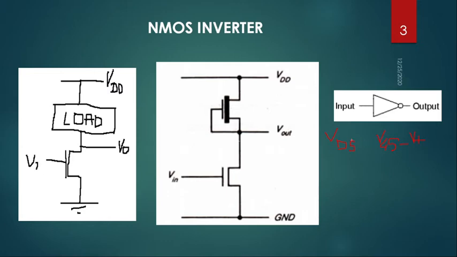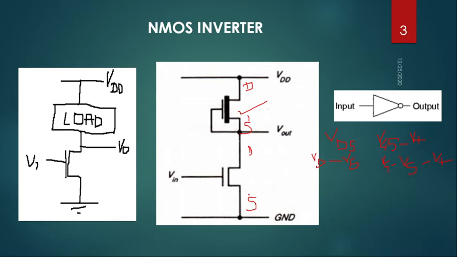So suppose we are considering this enhancement load transistor. What will be VDS? It is the drain to source voltage, so basically it is VD minus VS, and VGS will be VG minus VS, then minus VT. For this comparison, let us start from transistor number 1, the depletion load. What is VDS? This is the drain terminal and this is the source terminal.